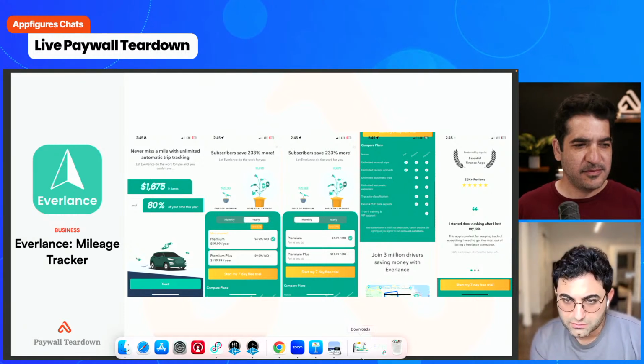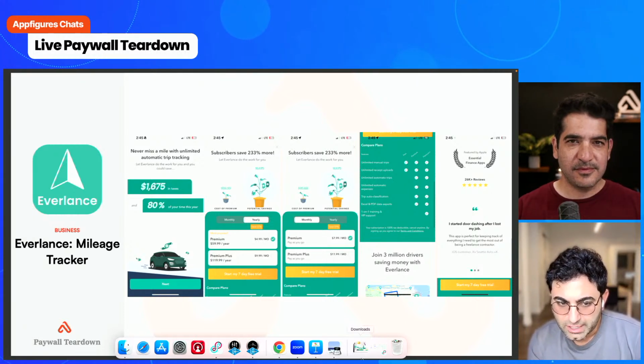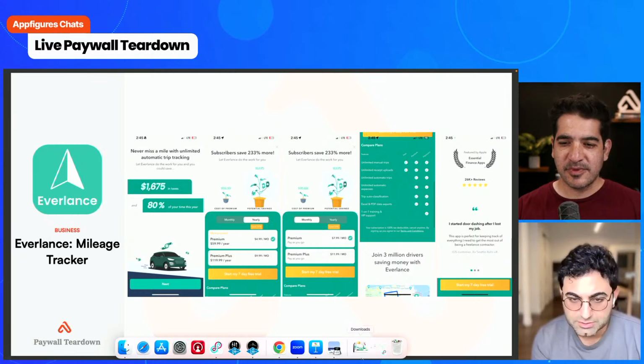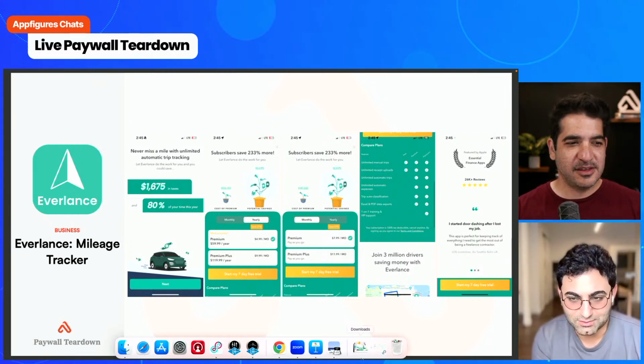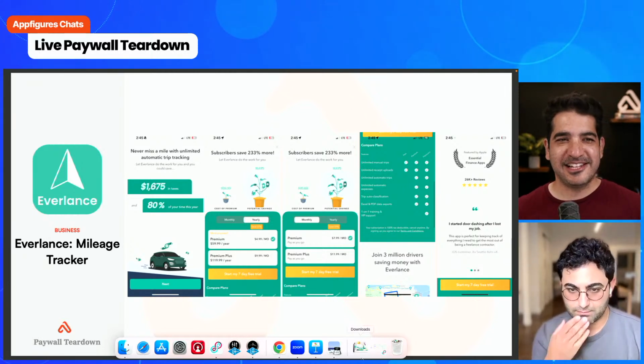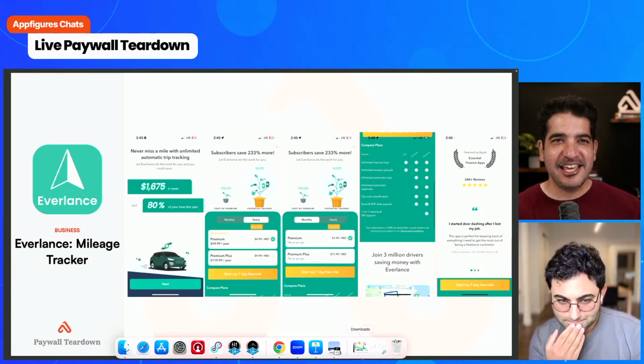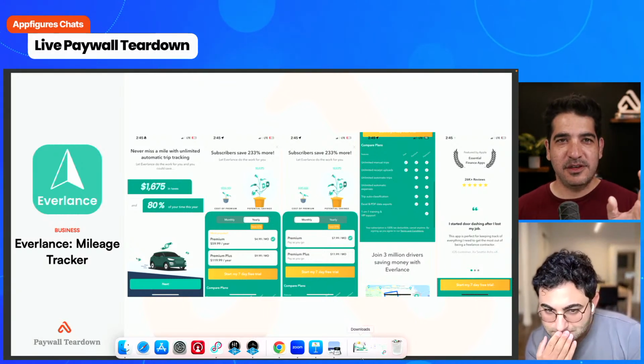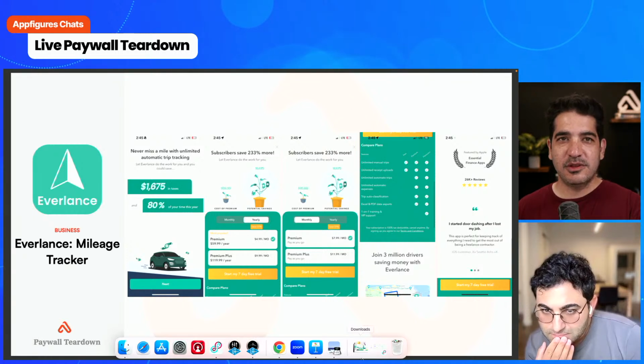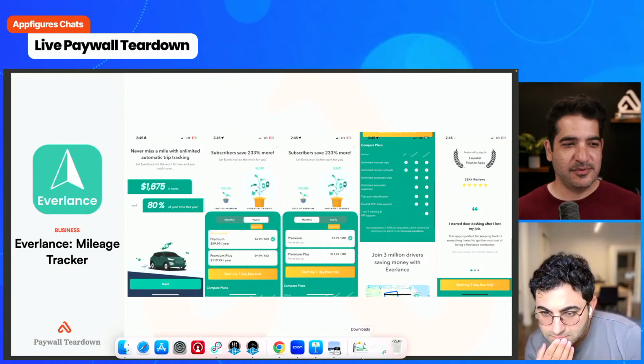No, actually, I think they're two different paywalls. I'm not sure, but in general, the Everlance, please clarify in the chat. I think the first one is one view, and then you click next, and you get to the paywall, which is a second view. All right, Everlance agrees. Two pages.